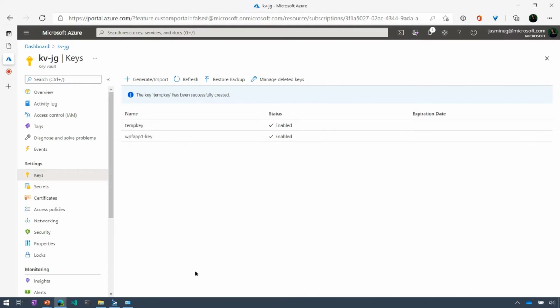One other thing is that you can have a history of your keys or certificates. So if things change over time, you can go ahead and change it. If for whatever reason you need a previous version, you can access it. You can also manage any deleted keys. And you can also set this up with Azure Active Directory to really fine tune who can access those